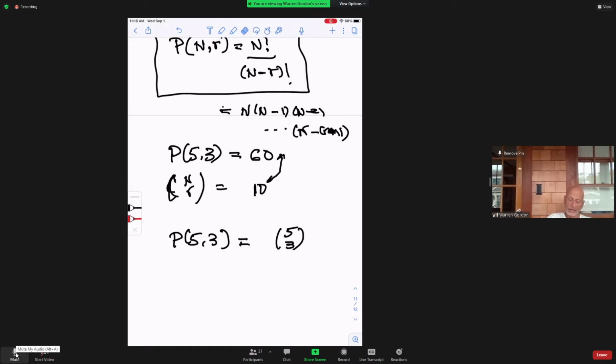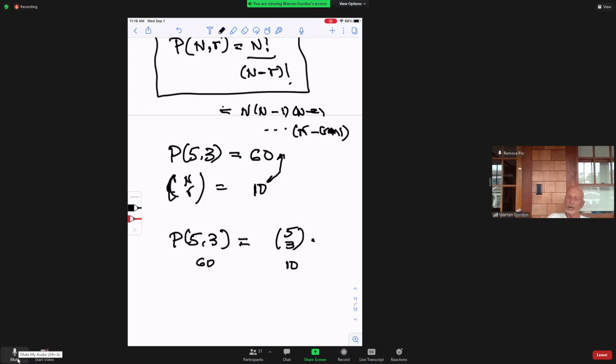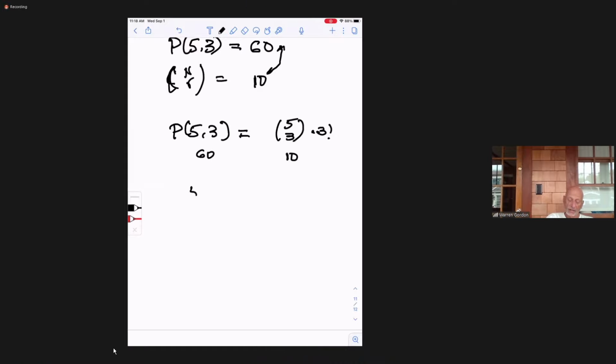Hold on one second. This is 60. This is 10. Now, in order to make these equal, what do I have to multiply the right-hand side by? Right, but why was there a 6? The 6 was the 3 factorial, right? Why was it? Because if you have 3 people in the committee, they can be jumbled 3 factorial ways. So in fact, notice 5 choose 3 can be written as P(5,3)